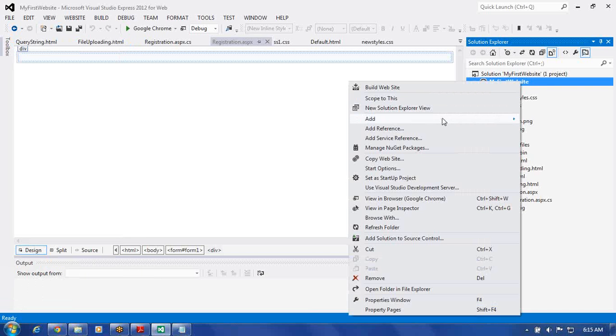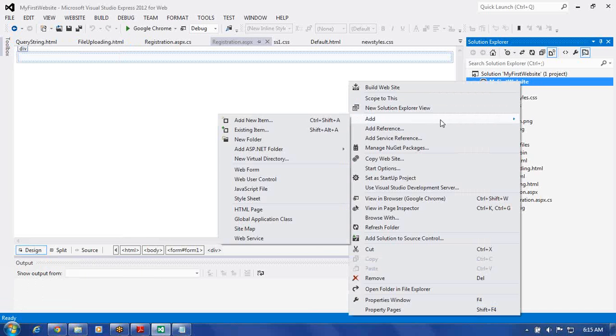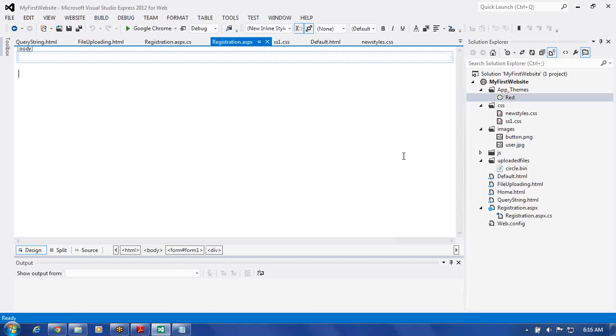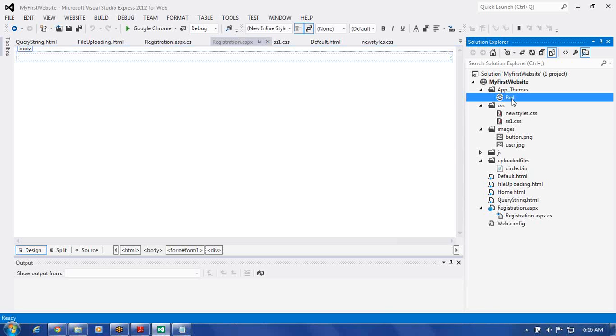So come to this point, then come to add here. In the add, take it as an ASP.NET folder. So in the ASP.NET folder, first of all, go with the theme here. Click on theme. So in theme, I want to call this as red theme. The theme is going to be red. So here I open the red theme, and now within the theme folder, I can create